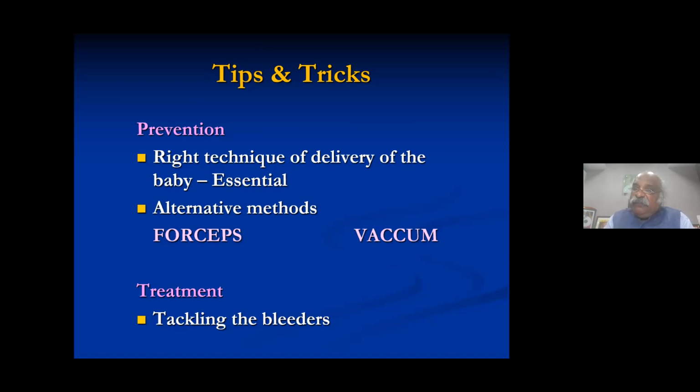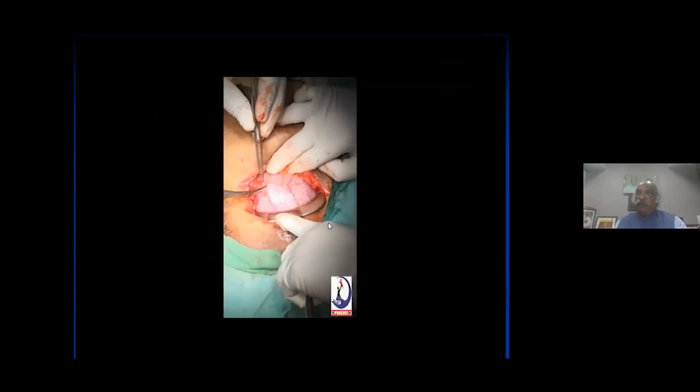You identify the bleeder and take a separate bite from the bleeder in the angle. Don't include everything and blindly take a bite, which people do. I recommend that you just identify where is the source of bleeding, below and above. You just take a bite, arrest the bleeding, catch hold of the angle, and then start closing the uterus. That's the treatment part. But vacuum is important, and this is seen from that time onwards.